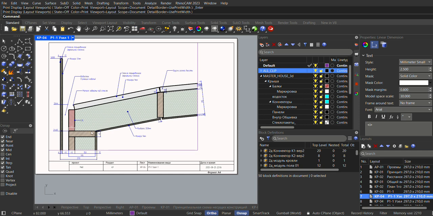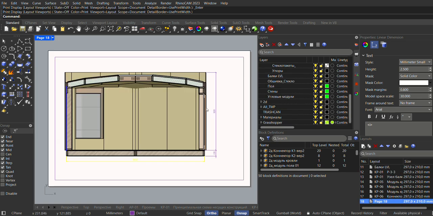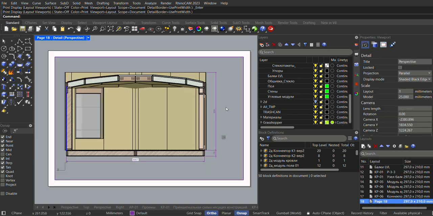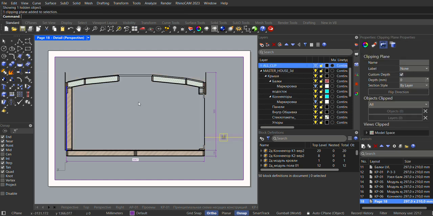these detailed views are also taken from 3D. I didn't draw anything in lines, it's just a section from the 3D view. And also I can show you how to set depth, because sometimes we need to show in detail. Sometimes we need to change our depth, so we can put a custom depth, and it would be